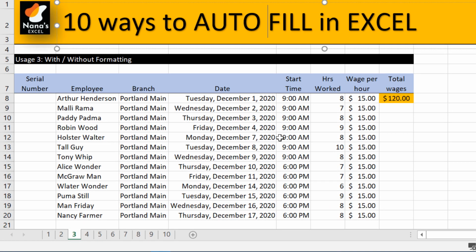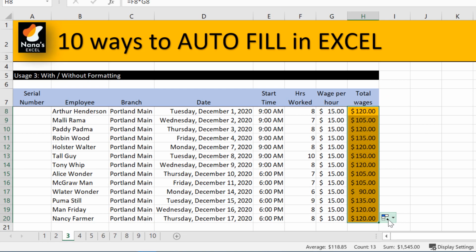You can use autofill and then copy cells with or without formatting. Here we have total wages in this cell. This is the product of hours worked and wage per hour. I right click on the mouse and then drag it down. So you have options here, fill formatting only, fill without formatting.